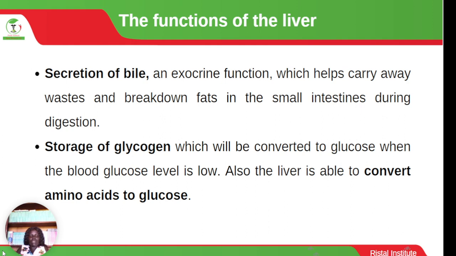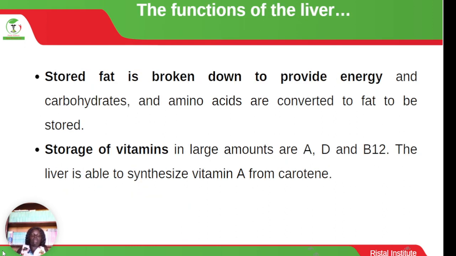So when the amino acids, which are products of the proteins, are in excess in the body, they can be converted into glucose and kept in the body. Then, when needed, they can be broken down and energy is released. The other function is to store fat. Stored fat is broken down to provide energy, and the carbohydrates and the amino acids are converted to fat to